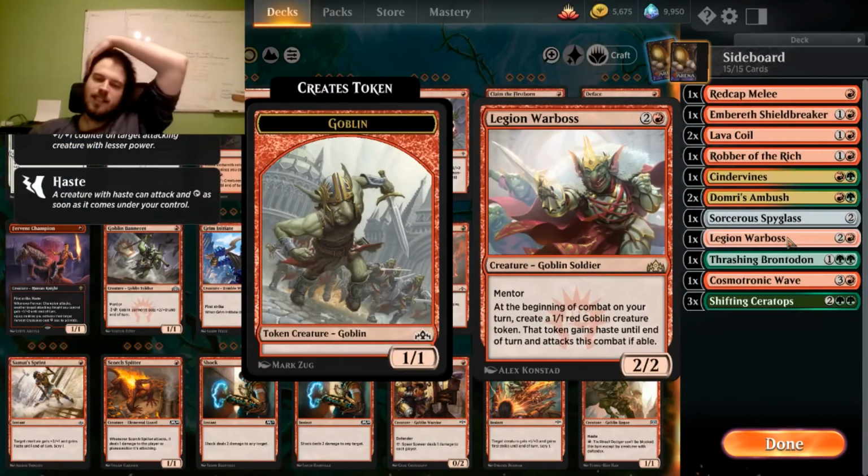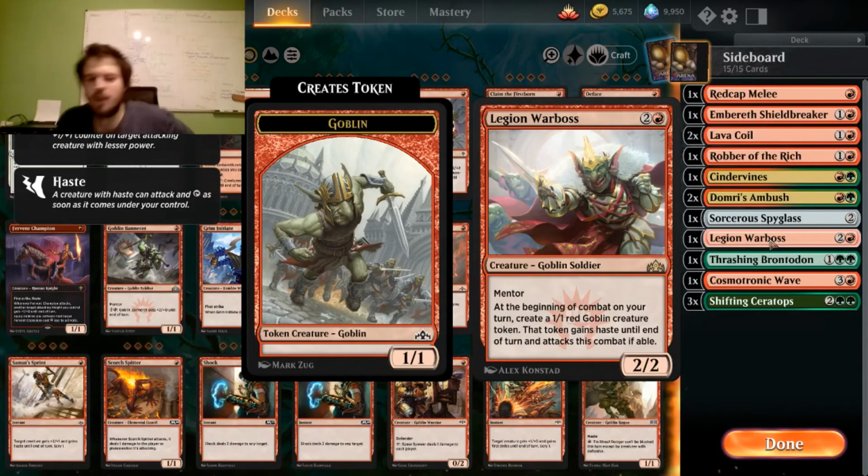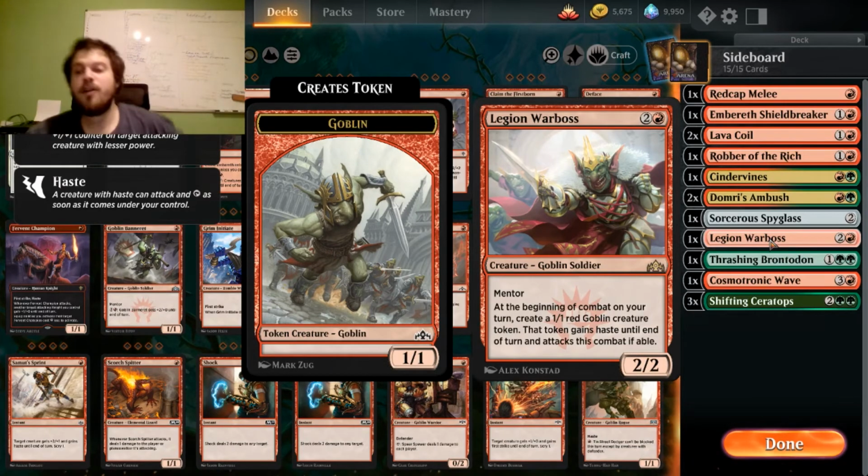Legion Warboss is a card that makes you a 1/1 creature every turn. So if you need to go wide for some reason, you'll always want to bring in the Legion Warboss. It's not many games where you want to do it, but if your opponent, for example, has a lot of very big creatures, or I guess a small amount of very big creatures, you can go wide and can get